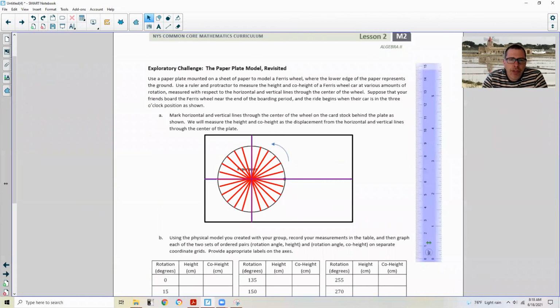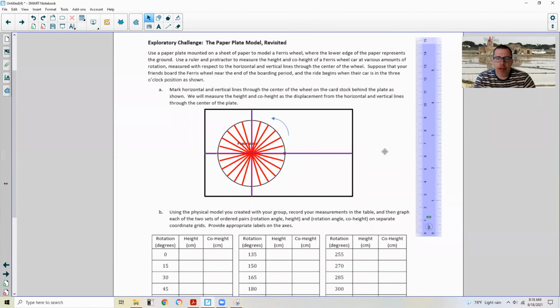Okay, page 4 brings us to an exploratory challenge, and it's the paper plate model revisited. It says to use a paper plate mounted on a sheet of paper to model a Ferris wheel, as shown, where the lower edge of the paper represents the ground. Use a ruler and protractor to measure the height and Kohheit of a Ferris wheel car at various amounts of rotation,